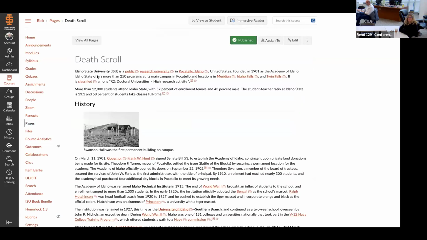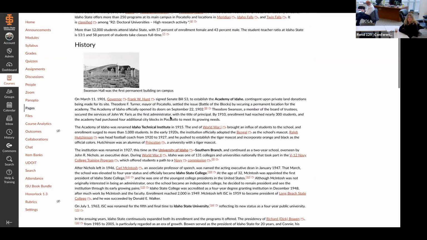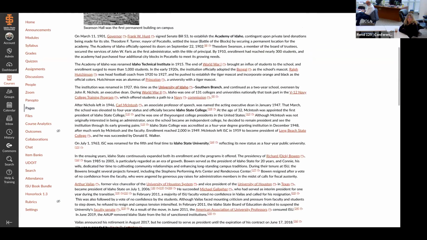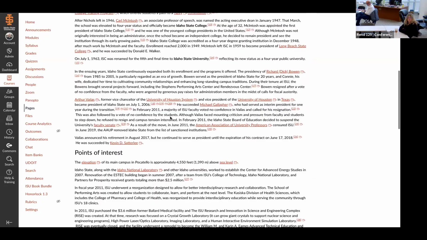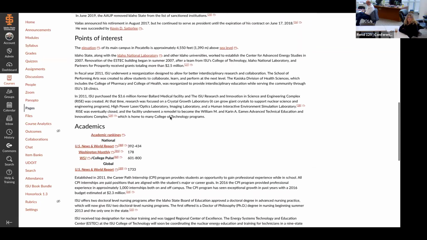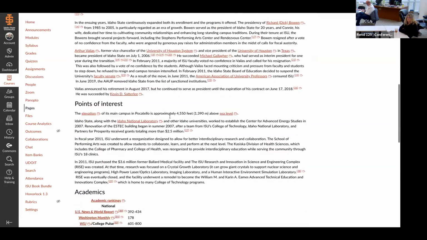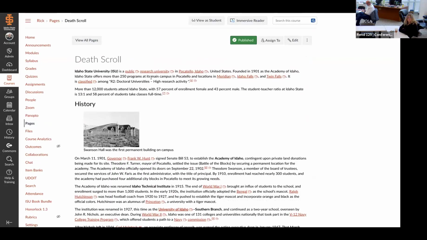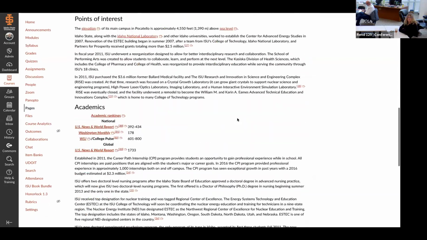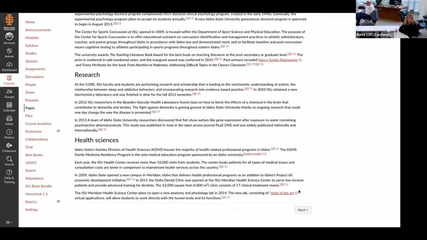So one of the biggest complaints that you hear from students is the scroll of death. And so we're going to show you, this is just the Wikipedia page for ISU. When students start to see, and if they scroll more than 3 or 4 times, they get really tired and they're like, I am not going to read all of that. So it's not really that much information, but what you can do is clean up this entire thing